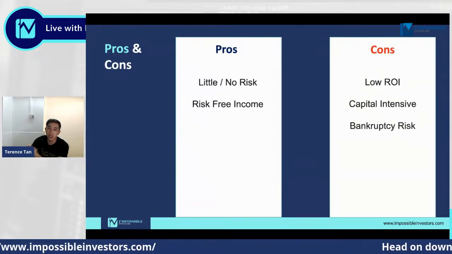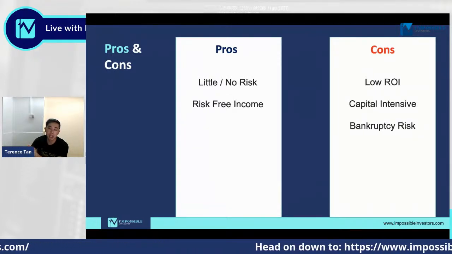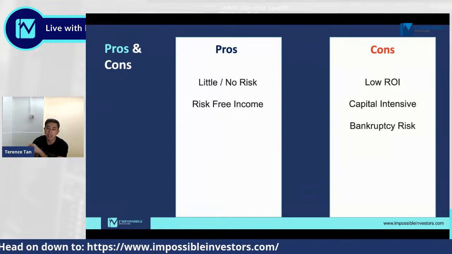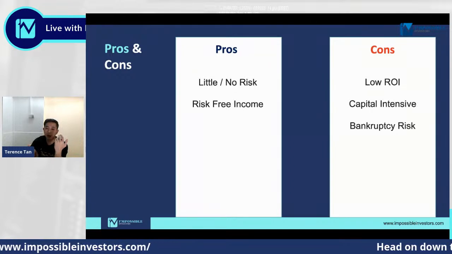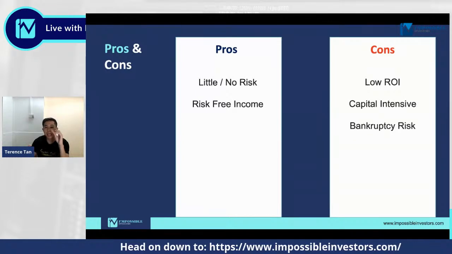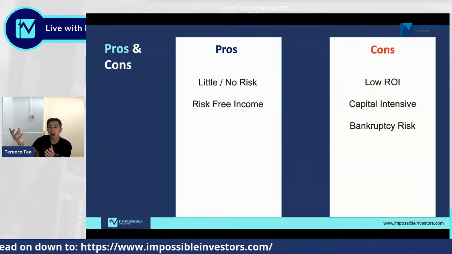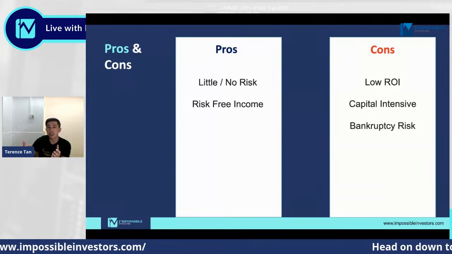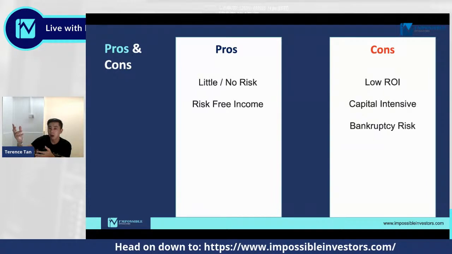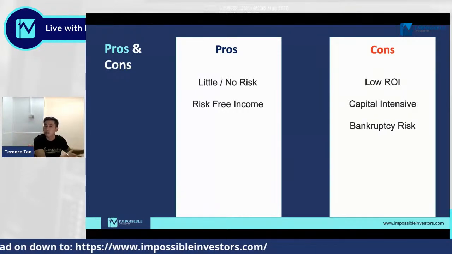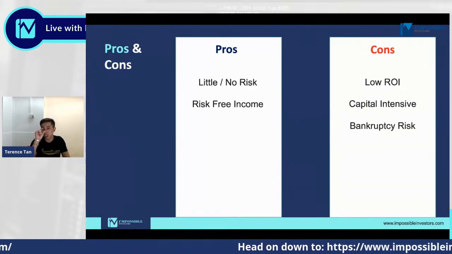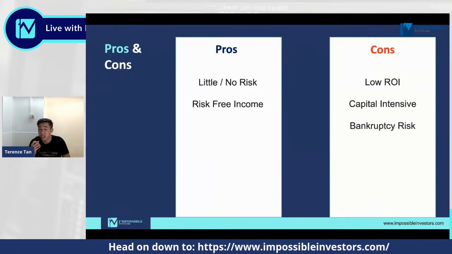So pros in the strategy, there's little or no risk because you're only going to do this when you have already made profits on the stock. Now next, this is risk-free income, because you already made money on the stock. What you're doing right now is just swapping the stock for a call option. Buying a call option gives you the benefit if the stock goes up. So you're betting on the upside anyway. But this time you're betting on profits that you have already made, and you're not betting on the entire profits. You're betting on a small chunk of the profits that is already in the bag.